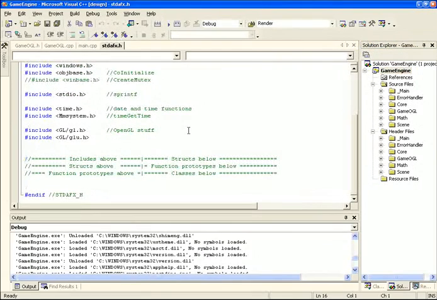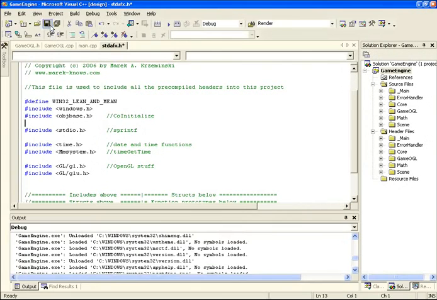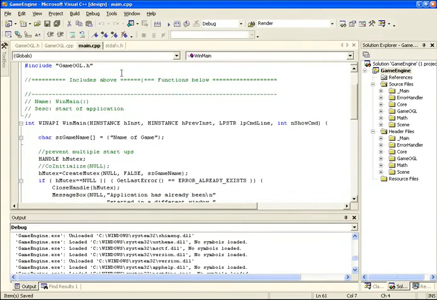What I've changed is we no longer need to include winbase.h for CreateNewText. As a matter of fact, the definition for CreateNewText is within windows.h, so we can just remove that line of code. And additionally, if we go into the main.cpp,